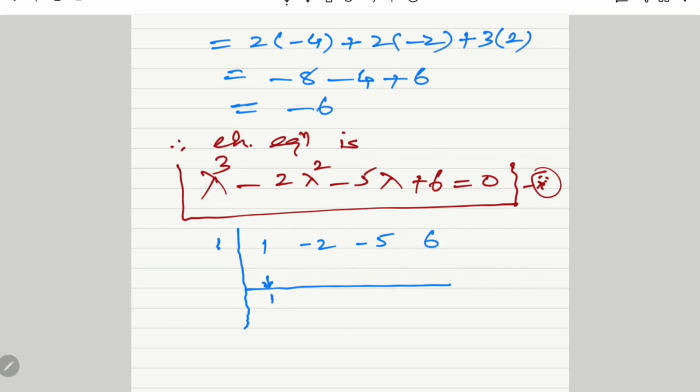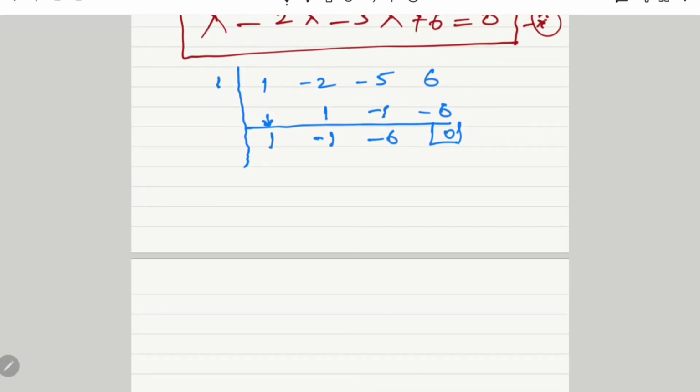Taking the first element as it is, 1, then 1 into 1 we get 1, sum of these two is minus 1, the product is minus 1, sum is minus 6, again the product of minus 6 into 1 we get minus 6, and the last sum is 0, and as the last sum is 0, 1 is the root. From the cubic equation, if one factor is removed, the remaining factor is lambda square minus lambda minus 6